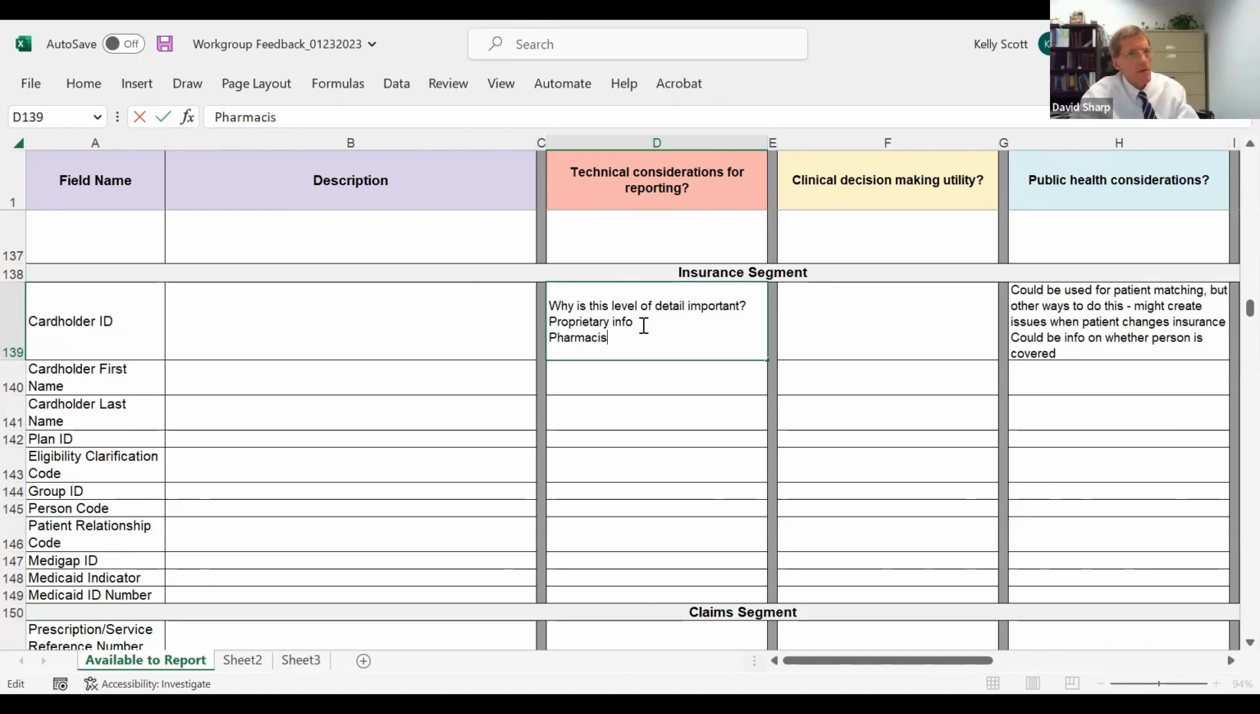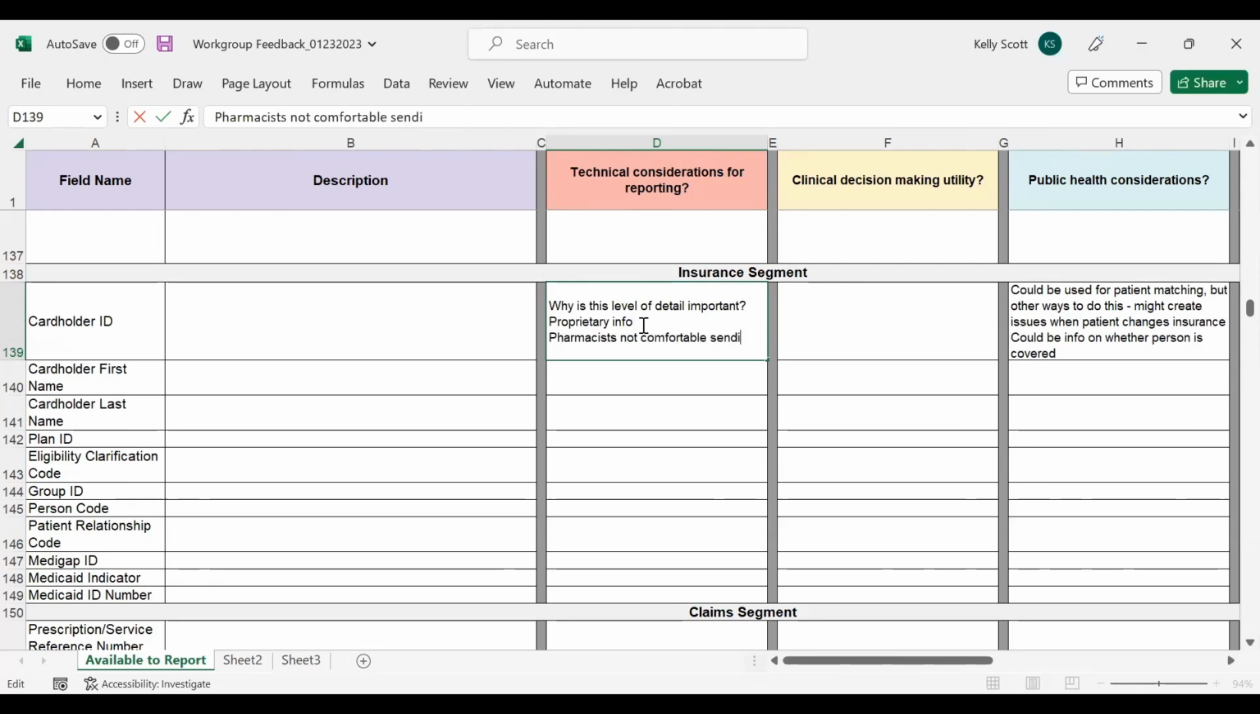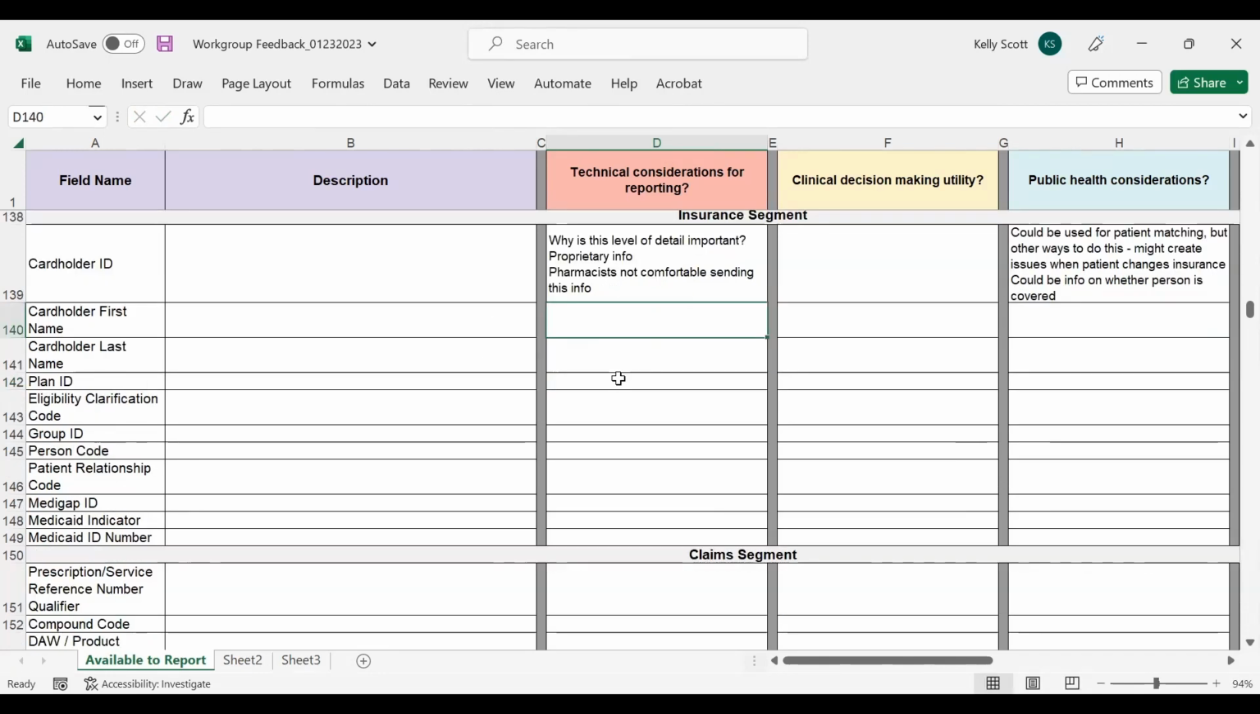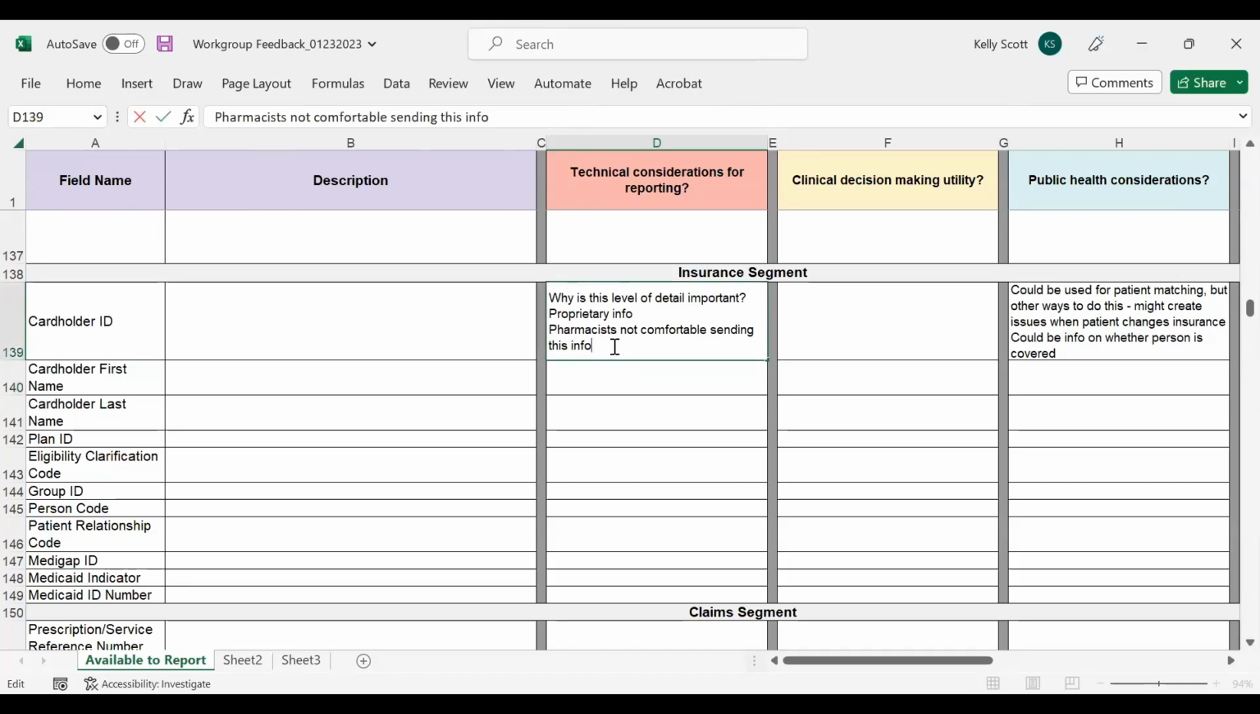And is that the same case for plan ID? I would say it's pretty much the same for all of the insurance information. Just to clarify, is it that you collect it but you don't think it has any value, or that it's not collected and it would be onerous to collect? I just want to make sure. Well, no, it's collected because if you're billing the prescription on insurance, you have to have this information, although not all